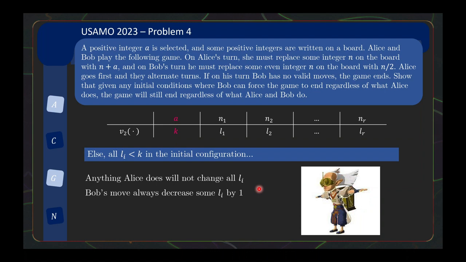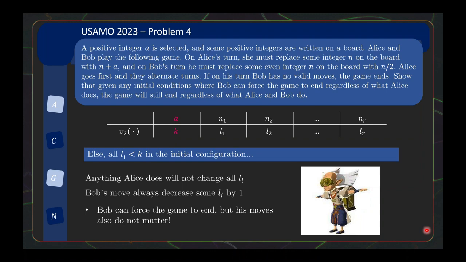So indeed Bob can force the game to end because he keeps decreasing the Li, but in fact, regardless of what Bob does, Alice's move will do nothing. Bob's move will decrease some Li by 1. So eventually the game will reach a state where all the Li's are zeros and the game ends, right? So that's really all there is to this question, and it's quite a simple proof, an enjoyable problem to start off